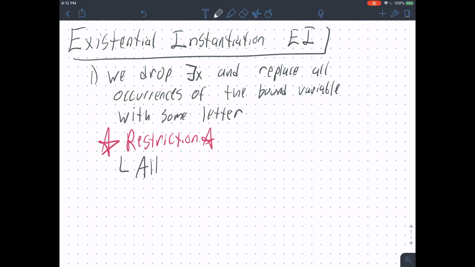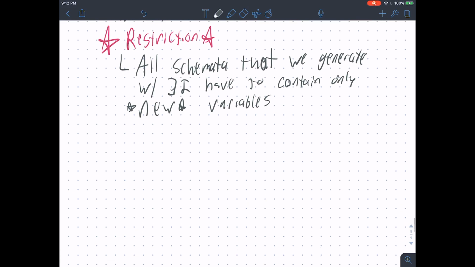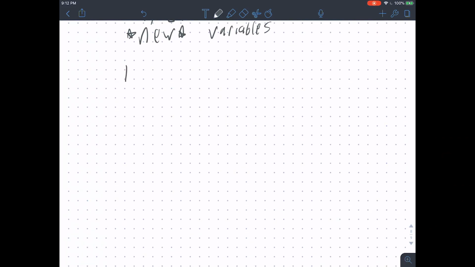So the restriction is that all schemata that we generate with EI have to contain only new variables. And that means they have to be new entirely, not just new in that schema or new on that line. So if you have, let's say, I don't know,